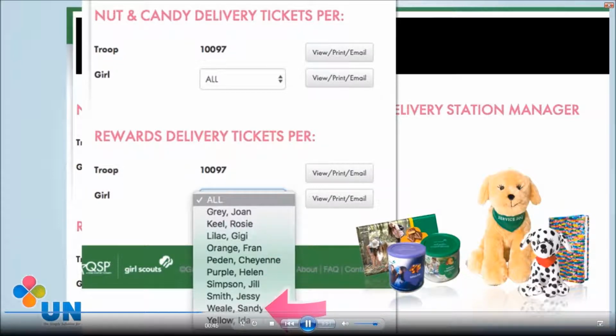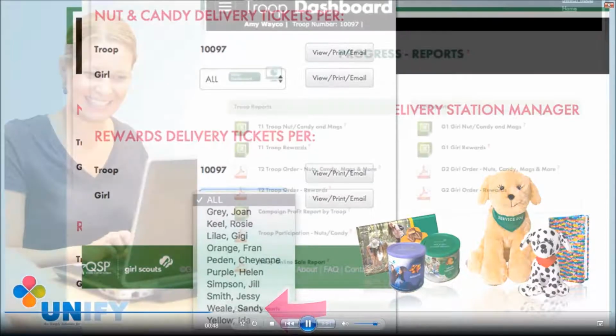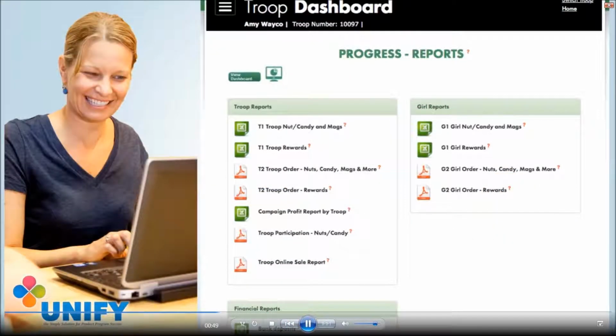You will have access to these same reports from the Reports section under the burger menu. The nut and candy delivery tickets are also referred to as the T1 Troop Nut Candy and Mags or the T1 Troop Rewards and the G1 Girl Nut Candy and Mags or the G1 Girl Rewards. These reports are in Excel, but they are also available in PDF via the T2 or G2 option from the